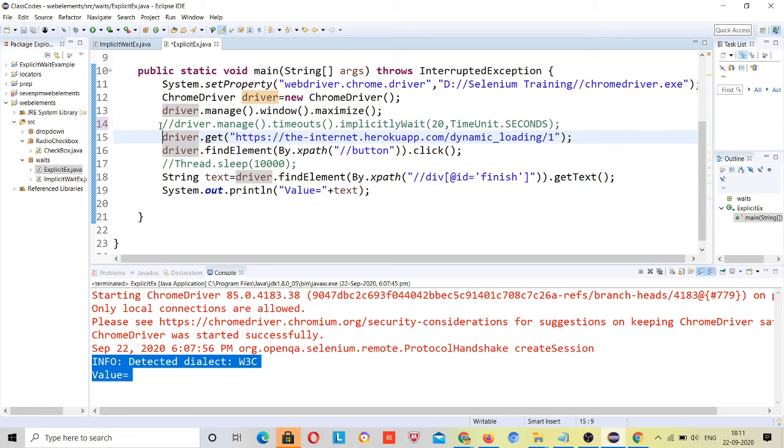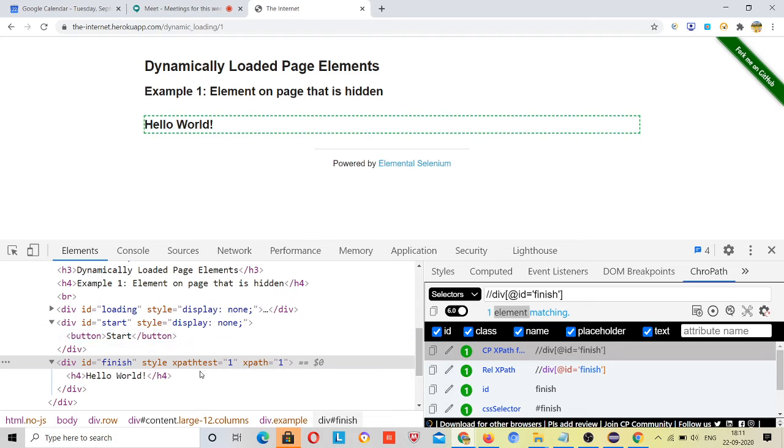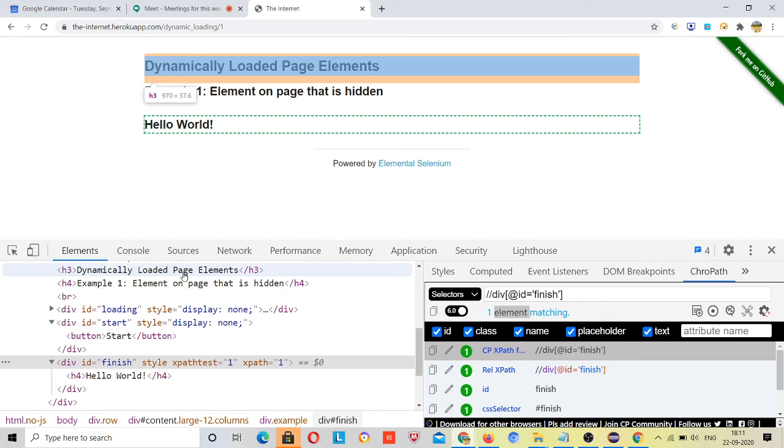If you see that your DOM is already loaded but the element is invisible, then you have to think whether to apply explicit wait or implicit wait. Implicit wait is applied for those particular things, like the example I have given with spicejet.com.